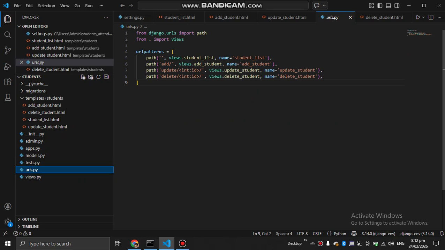Then we have the urlpatterns: path with views.student_list, name student_list, calls the student list function. The add student path calls the add student function. Then we have the update path with views.update_student.